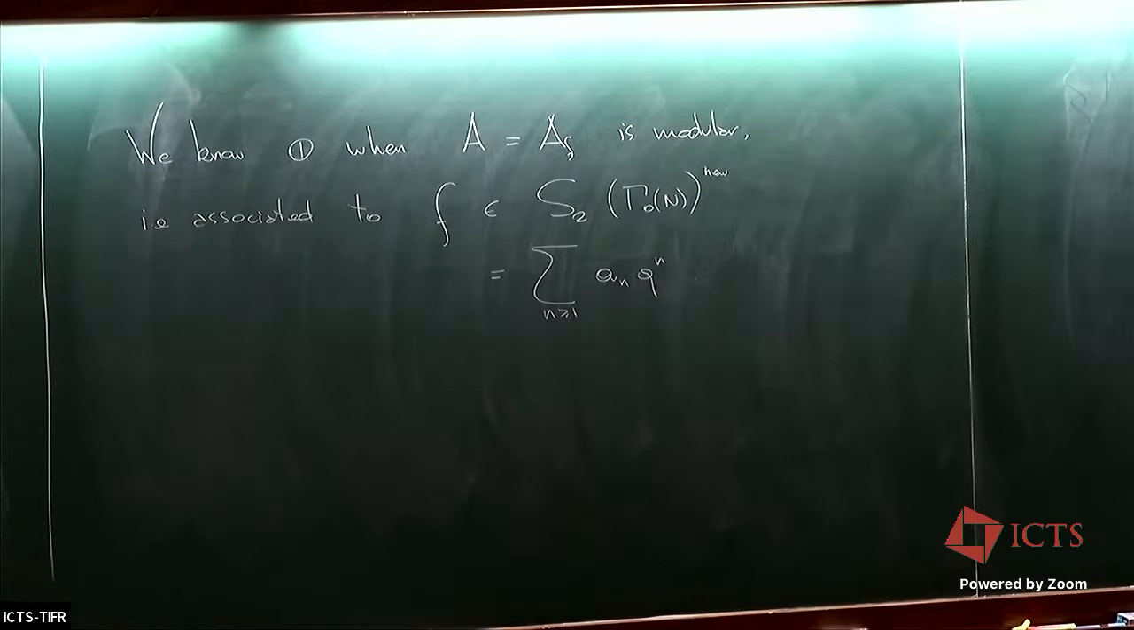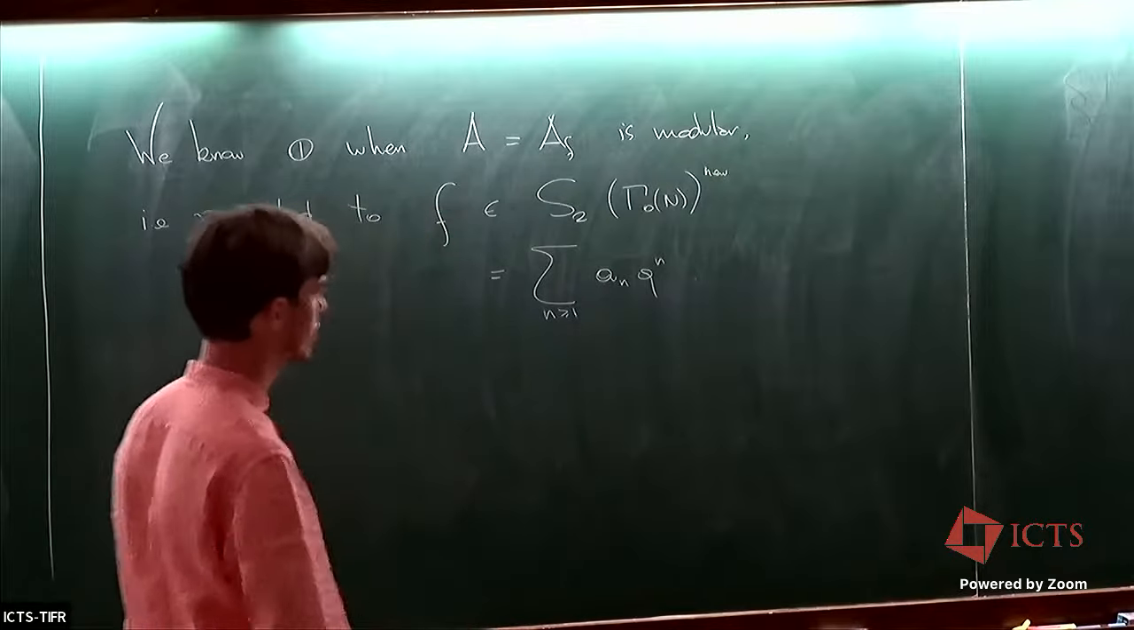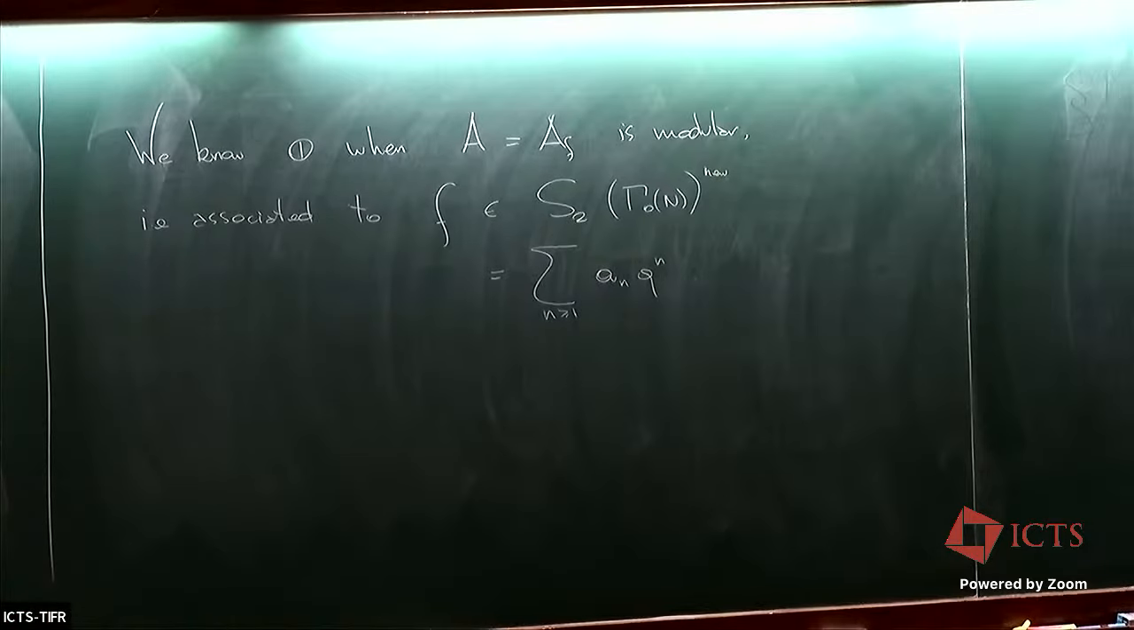Now it's a newform, it's an eigenform for all the Hecke operators. It's defined over some finite extension of Q. In fact, we know quite a bit about this extension. It's totally real in general. So these coefficients a_n have very nice integrality and algebraicity properties. Okay, now whatever they are,